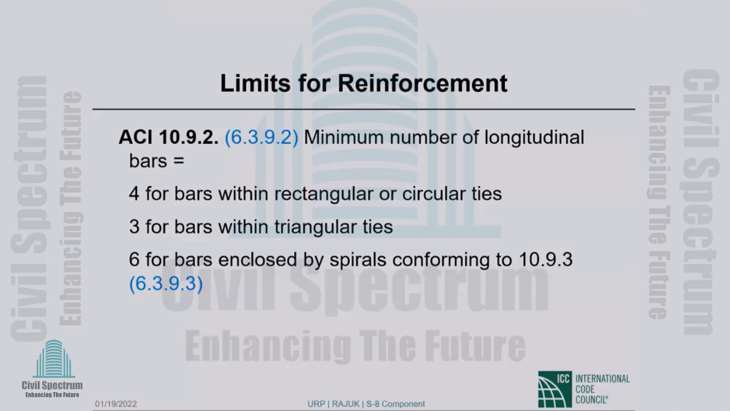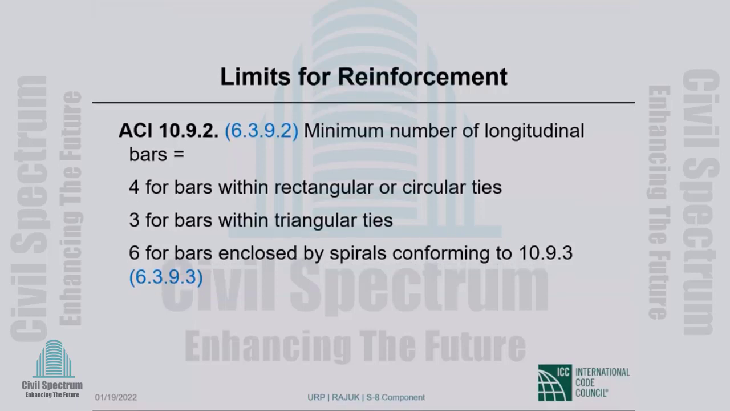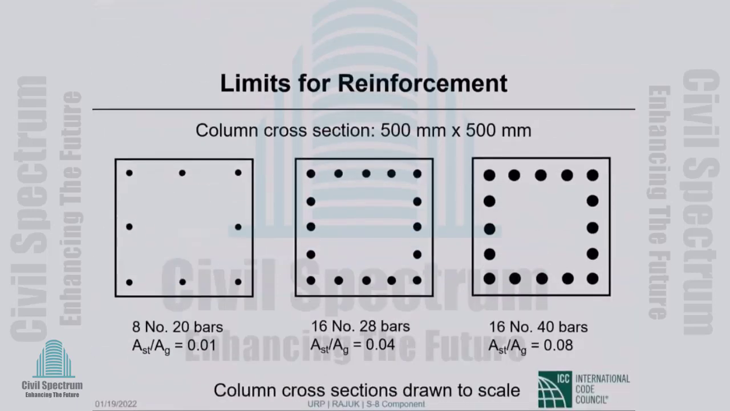Anyway, minimum number of bars. 4 bars when you have rectangular or circular ties, 3 bars with triangular ties, 6 for bars enclosed by spirals conforming to section such and such. This is a nice picture that I hope you will enjoy. So 8 number 20 or 1% reinforcement in the left-hand picture, 4% reinforcement in the middle picture, 8% in the right-hand side that has number 40 bars. Okay, now